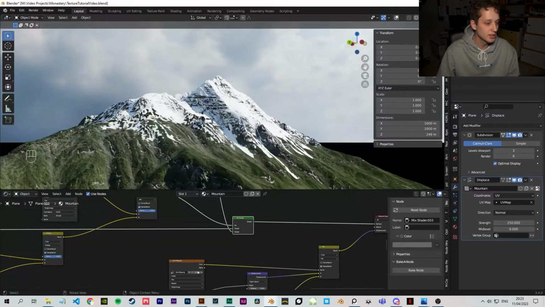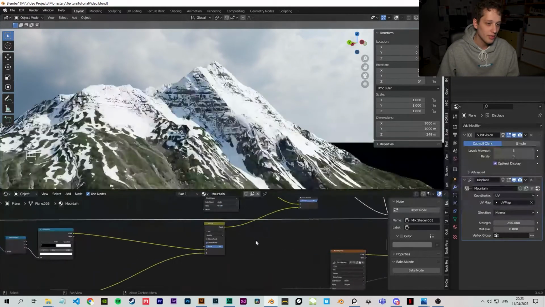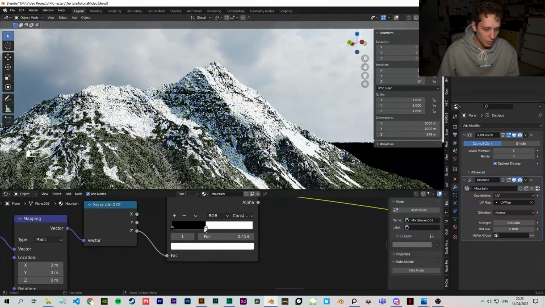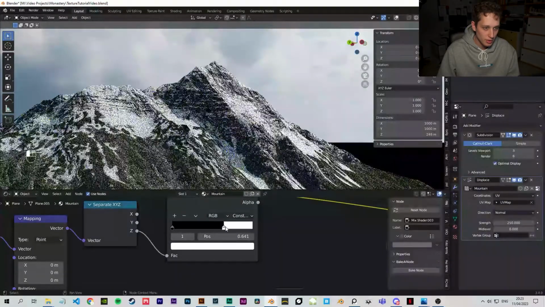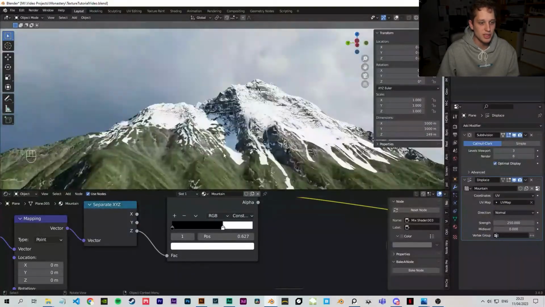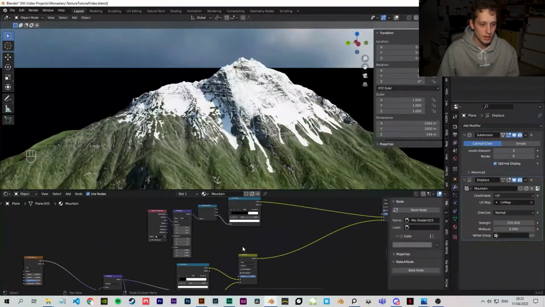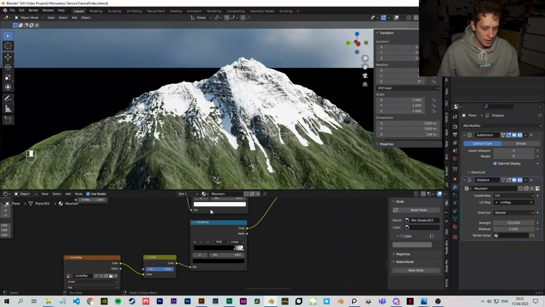It's pretty interesting looking. However, I think I made the normals, I gave them a little too much wiggle, or a little too much snow in the cracks. A little less would be fine. And I think I can also allow the